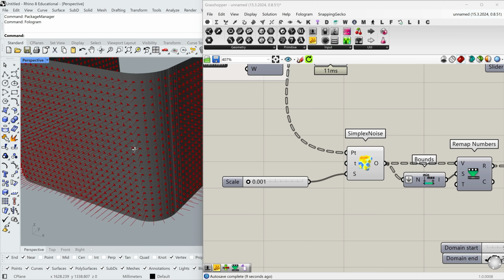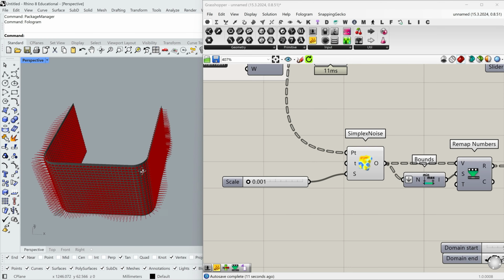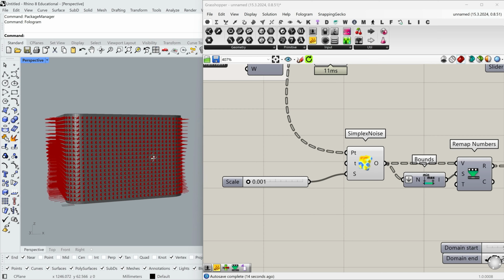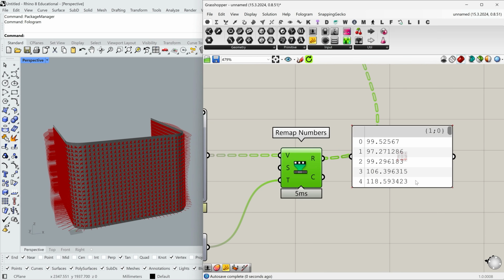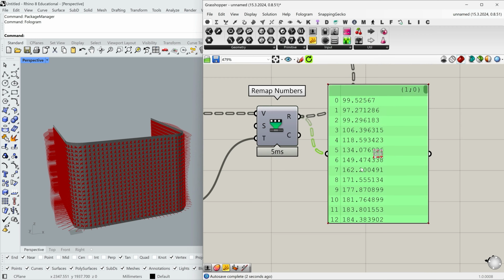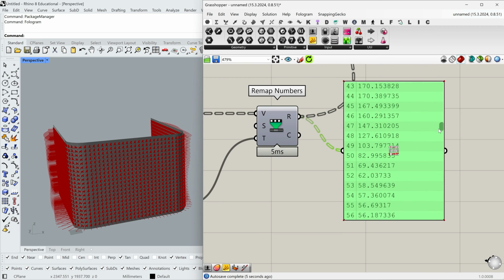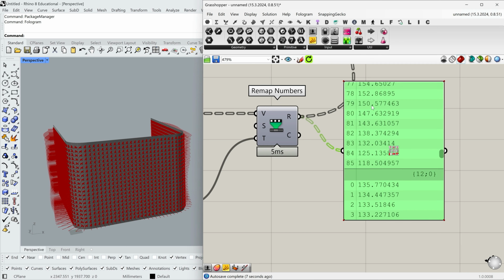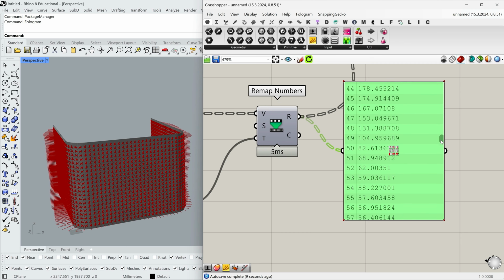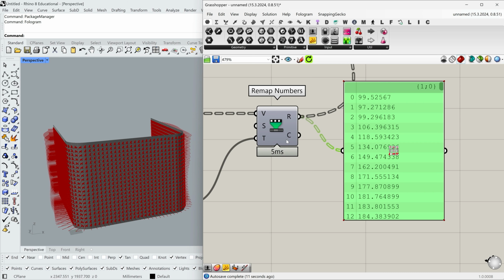Okay, something like this. Great, but there is one problem. Right now, every rod has its own value of the length, and every rod appears to be unique and has this weird value of length. We need to change that.